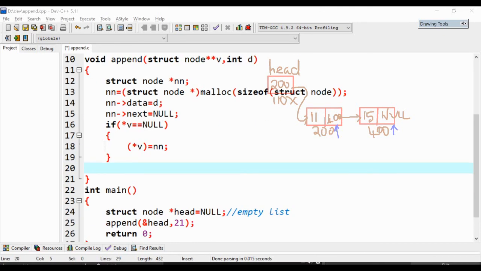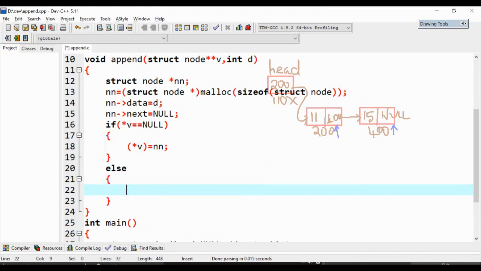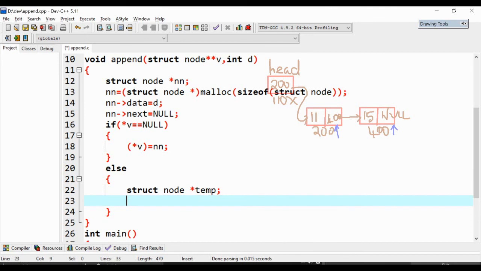Now let's write code. So this is the else case, right? So else. As you know, I have to start my traversal from the beginning in a linked list just because it is sequential access. For supporting that traversal, I require a pointer variable called temp. I am initializing this pointer variable with the starting address, which is nothing but head, the content of head. So I will be using *p.